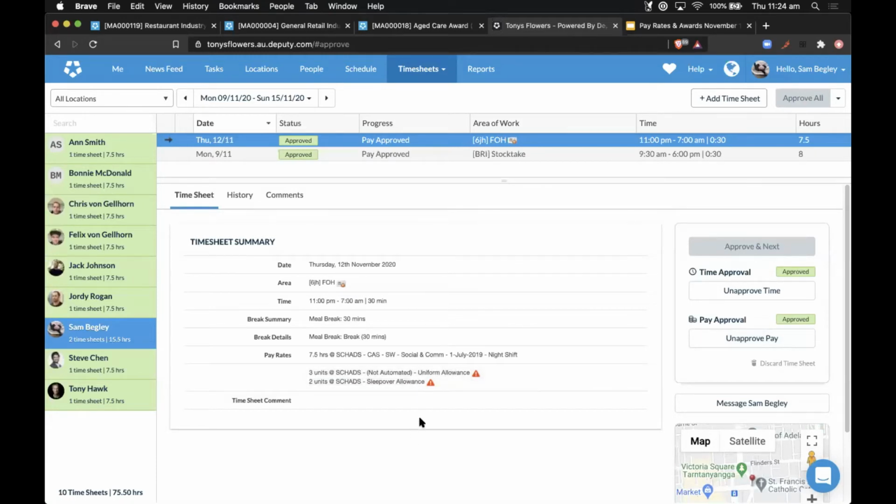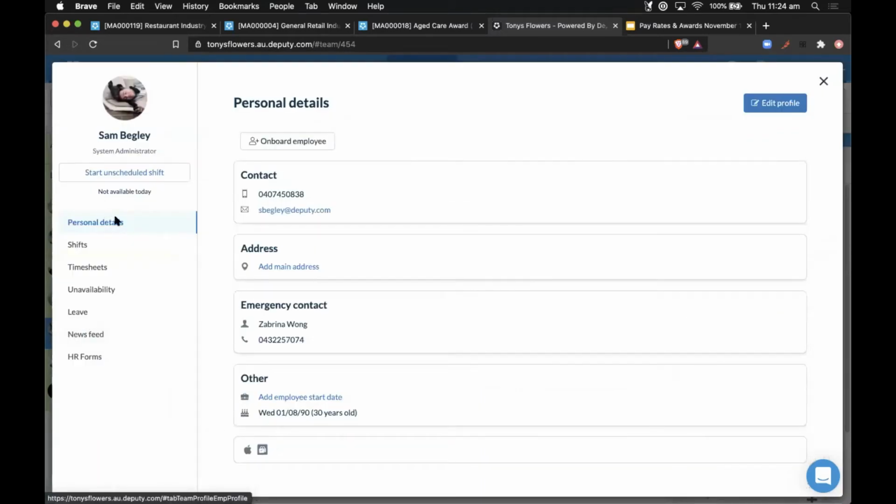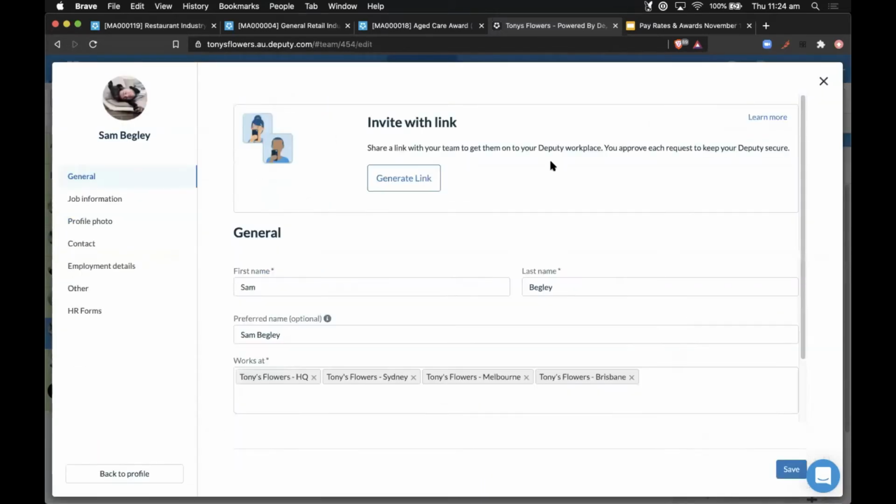Now, a really good thing to have a look at is, as you're approving timesheets, you might come across a situation where this version of the award is the old one and you want to actually do the new one. And the very, very quick way to do it is to just click on the employee on the left-hand side. It's going to bring up my profile here. I can hit edit.